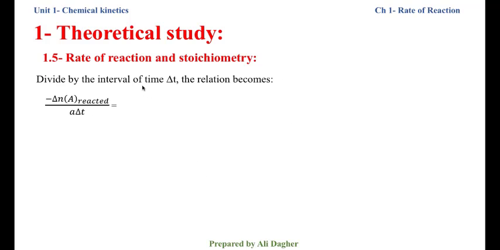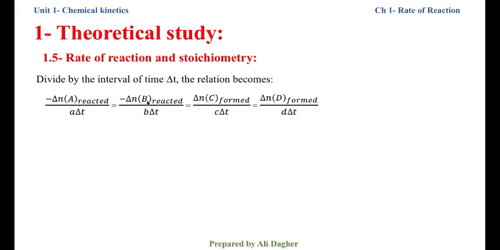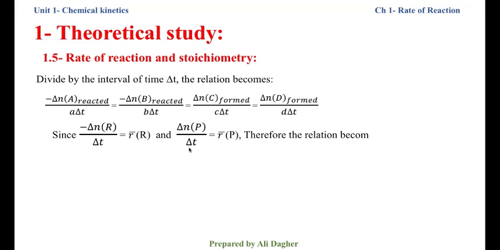Divide by the interval of time delta t, and the relation becomes: minus delta n A reacted over a delta t equals minus delta n B reacted over b delta t equals delta n C formed over c delta t equals delta n D formed over d delta t. We multiply by 1 over delta t. Since minus delta n reactant over delta t equals the average rate of the reactant, and delta n product over delta t equals the average rate of the product,